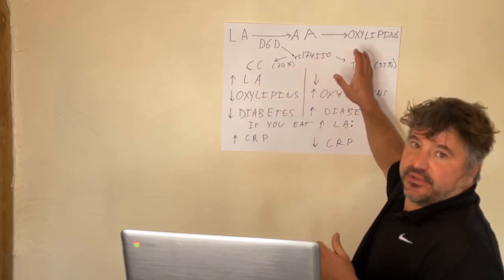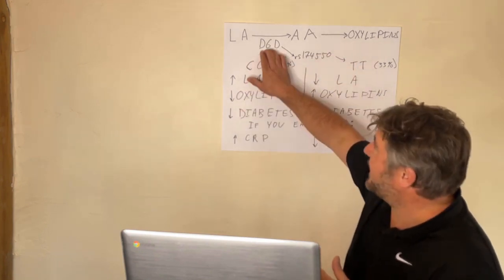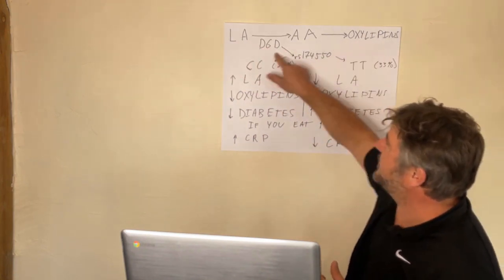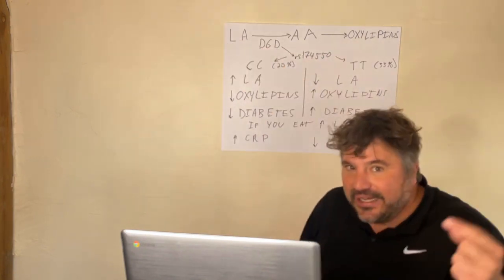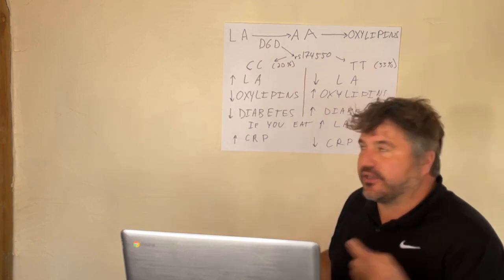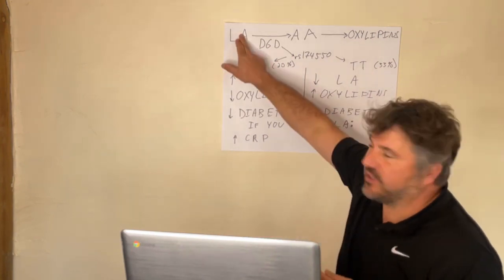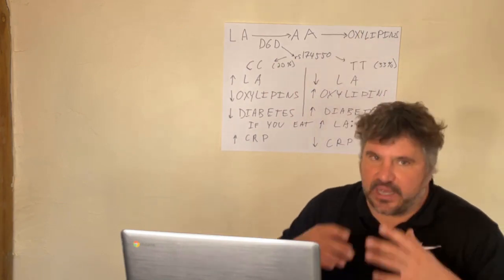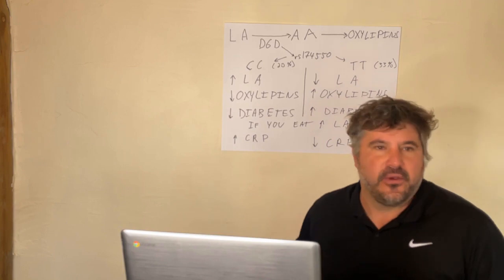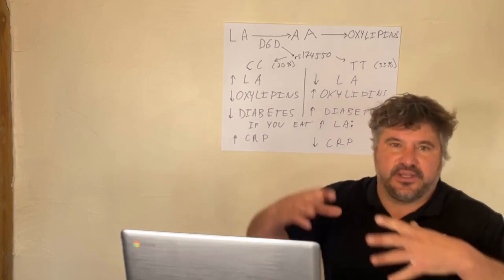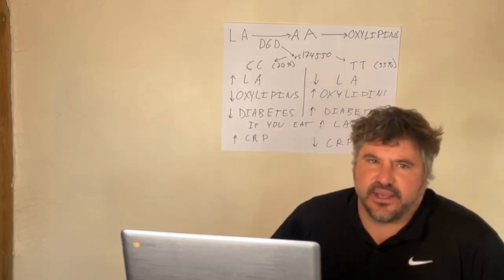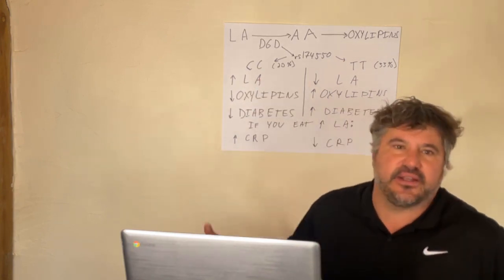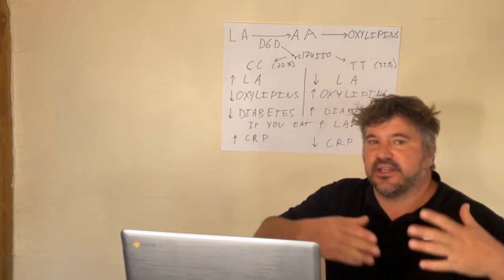So the copy of the gene that you have affects how much linoleic acid is converted to oxylipins, and the amount of linoleic acid that you consume affects how much linoleic acid is converted to oxylipins. And I just want to expound on this a little bit more because I know people on the other side of the argument will watch this video and say, you can't talk about D6D, that's a genetic thing. It doesn't have anything to do with diet. But, as I just explained,